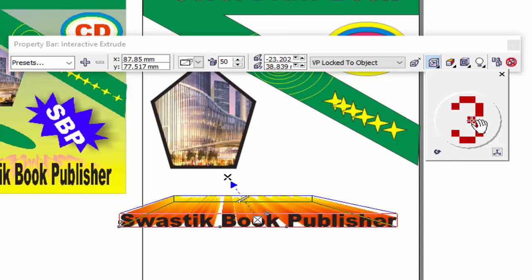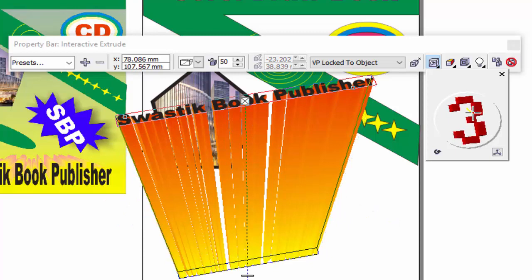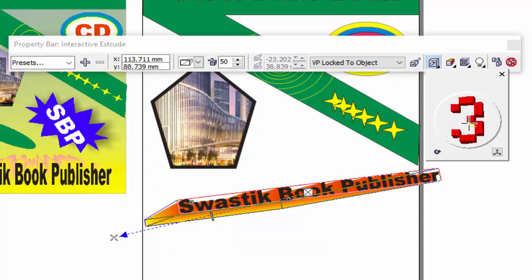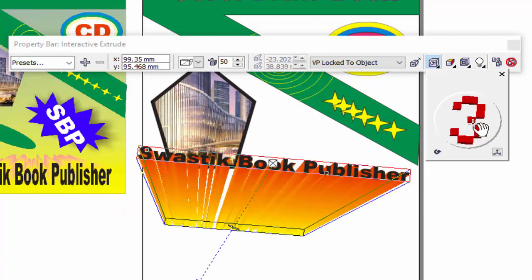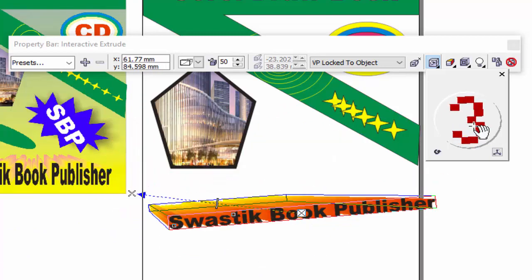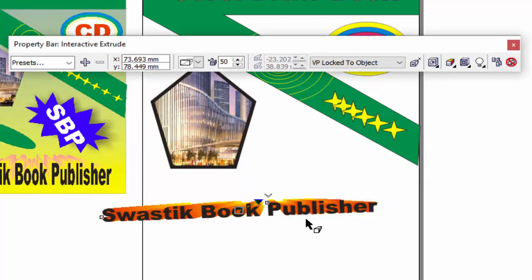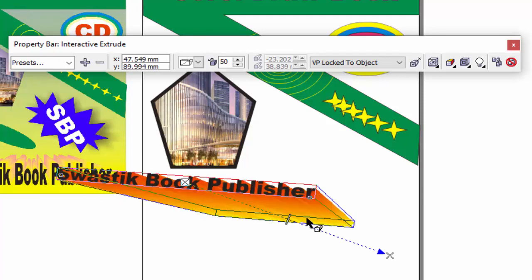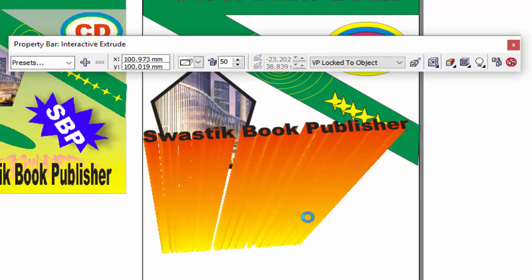Hold this hand with the mouse left button and move it like this. So you see how your extrude moves according to the direction we change. So this way these options work. These are the extrude options you can use.